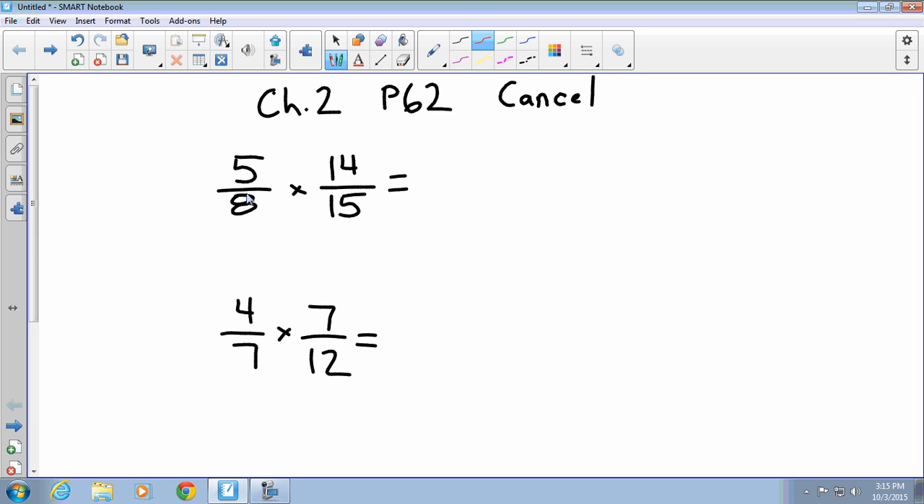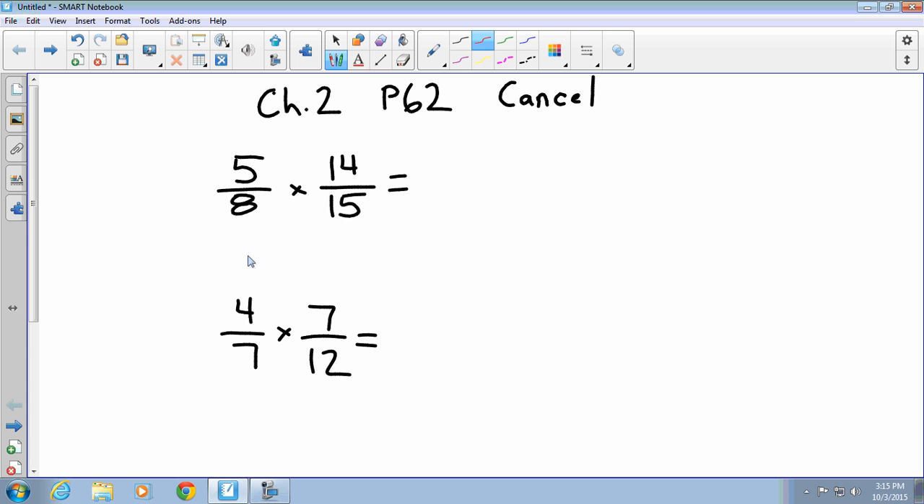I mean, nobody really likes to multiply 5 times 14 and then 8 times 15, and then what you're going to have to do is reduce it anyway. So a little shortcut is called simplifying your fractions. So what we're going to do is go diagonal. We're going to look at the numbers diagonally and see what they have in common, or find the greatest common